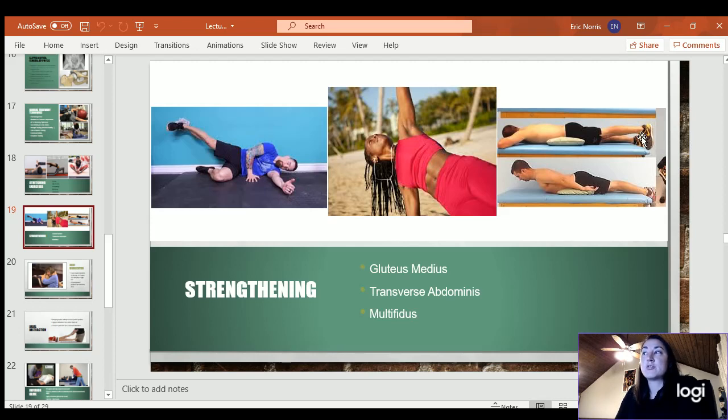ways that we initiate strengthening of the multifidus is what we call a knee liftoff. So they tuck their toe on the table and the knee is relaxed onto the table, and then they straighten the knee out by trying to activate just the lower back. So you tap on that area. We'll work on this in class. You tap on that area on the lower back and you say tighten here and pull your knee up towards the ceiling. And then, once they're able to do that, they'll hold it for a few seconds and go back down. Usually you'll hold them for 3 to 5 seconds and do 5 or 10 of those on each side,